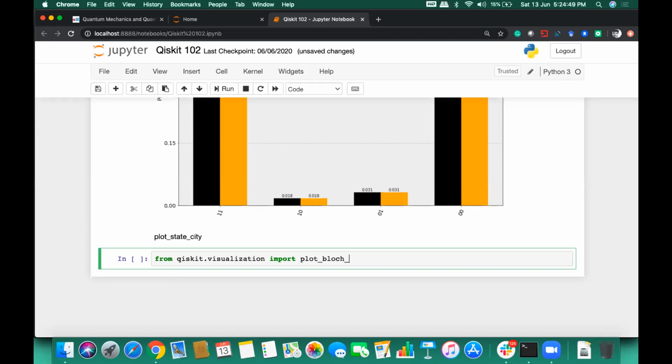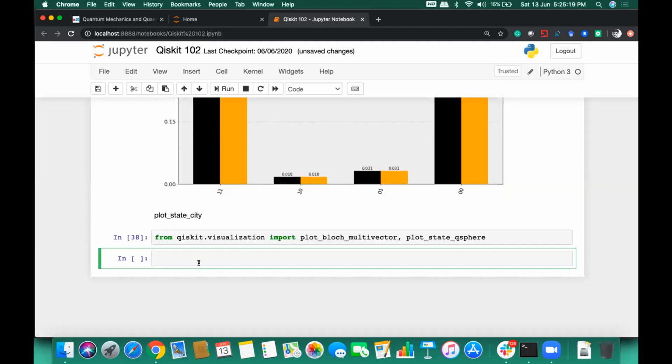So we have seen two types of vectors, right? One is the state vector, where we represent the values of the qubits and their states in a vector form, and another one is the Bloch sphere, where there will be some weights associated with it. Plot bloch multi vector, and we have also plot state Q sphere. And there are several other plot states as well, which we will be covering soon.